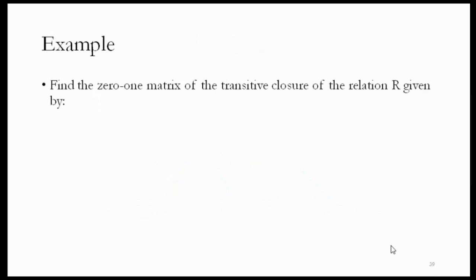Now if you want to program this, how will you program it? Recall the matrix multiplication that you have done in your first year course. So how will you do the matrix multiplication? There are two matrices, A and B, and you want to multiply these two matrices. So for i is equal to 1 to n, for j is equal to 1 to m, and you will take the third inner loop, that is for k is equal to 1 to